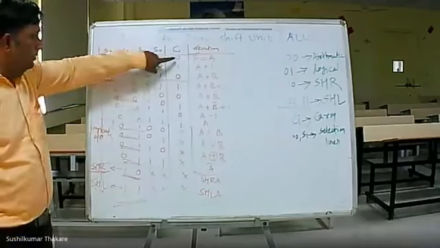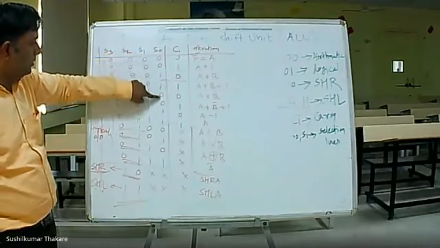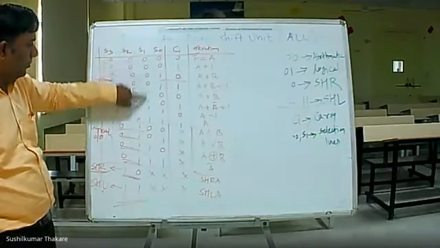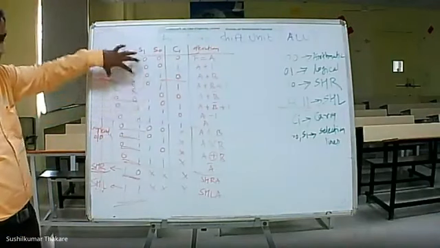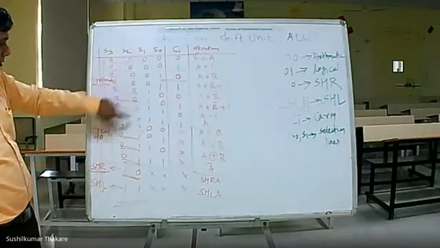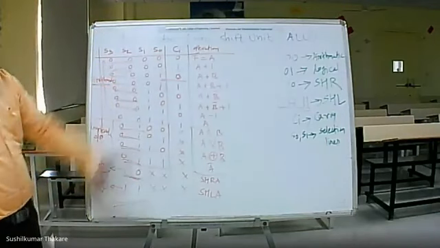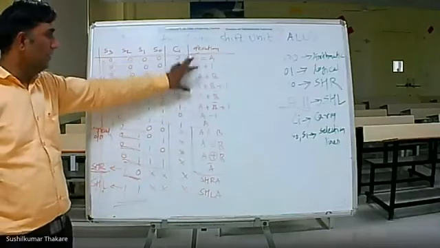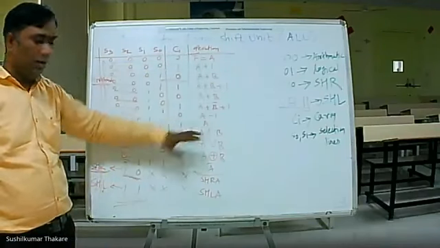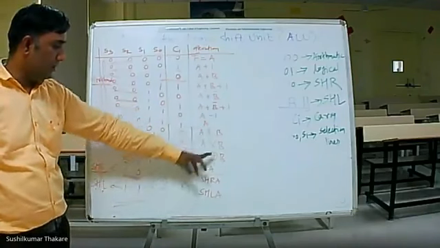I directly write there 0 1 0 1 0 1 0 1 0 0 1 1 0 0 1 1, four times 0, four times 1, eight times 0. Suppose select lines are zeros, right? Arithmetic operations. 0 1 logical operations, no? Like this, 1 0 shift right unit and 1 1 shift left unit. And these are the operations. Actually, these are the arithmetic and logical operations. You know what exact arithmetic operations and what exact logical operations.